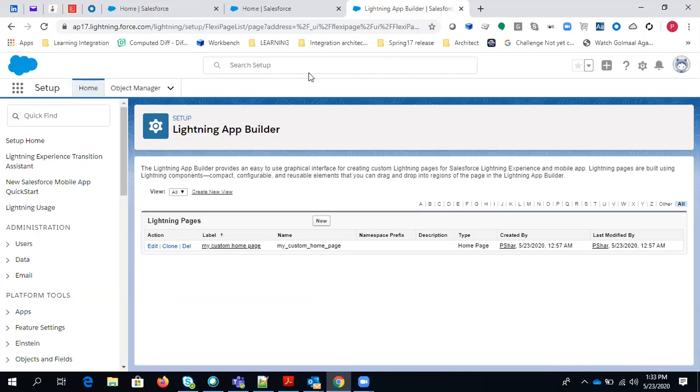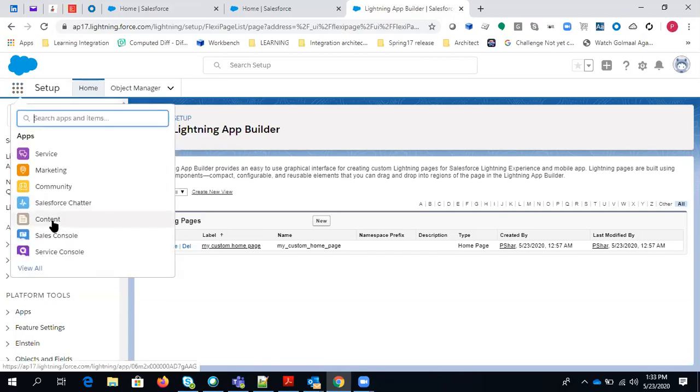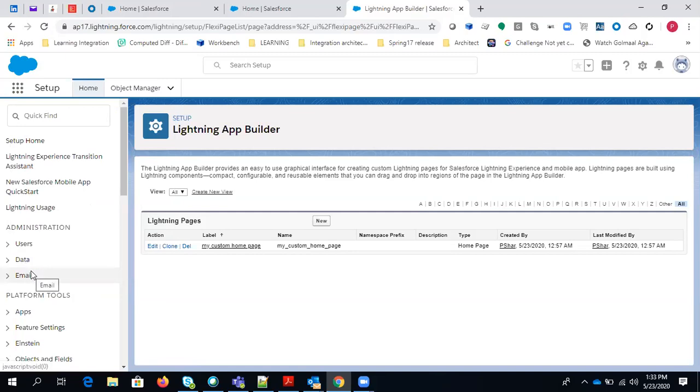So let's move ahead with one more strong feature we have in Lightning Experience. That is called the opportunity Kanban view. That is a great feature we have in Lightning Experience, because every company is creating a CRM for their sales team. So here, let's say if you go to sales, let me just go to sales.